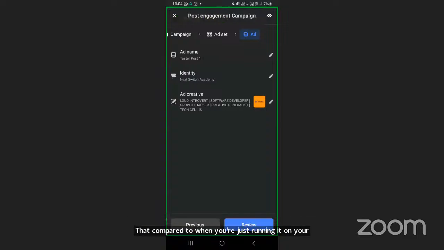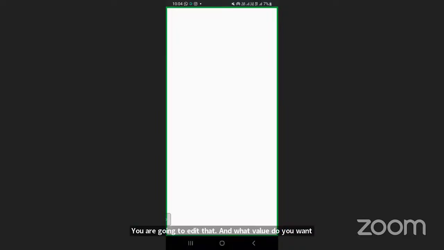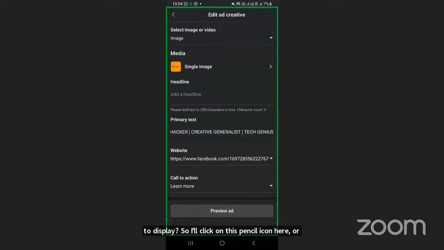So now let's talk about the ad creative. The ad creative is the content you want to post. Is it a video? Is it a graphic? Is it a normal text? This is where you are going to edit that, and what exactly do you want to display? So I'll click on this pencil icon here, or click on this ad creative, and here is where I change